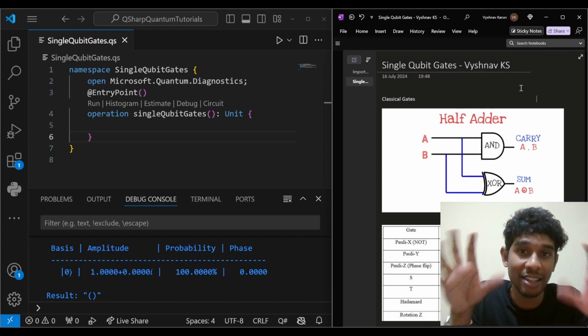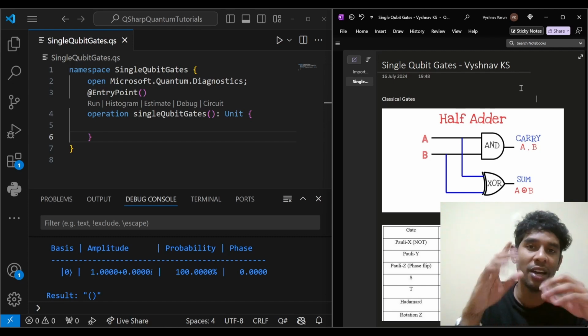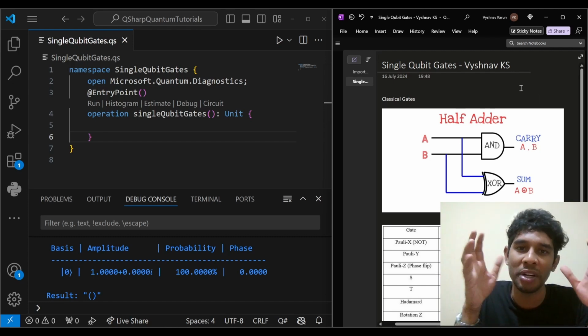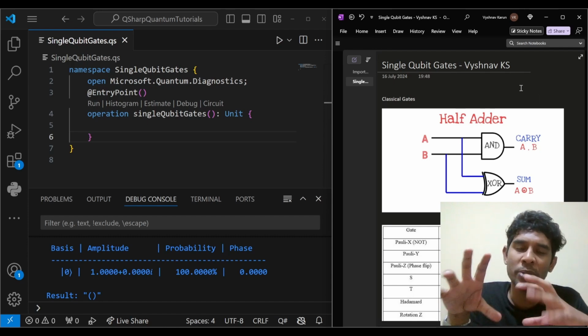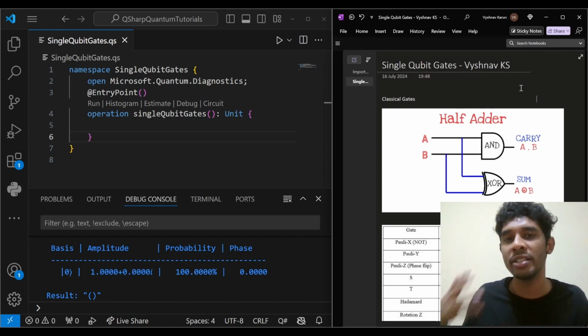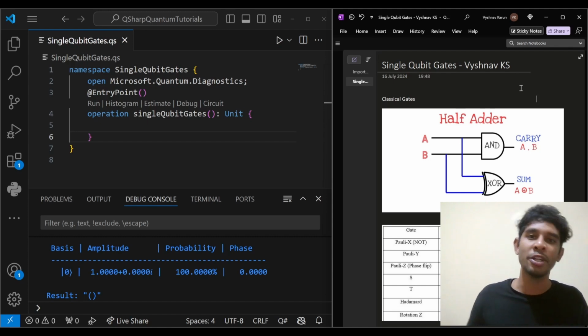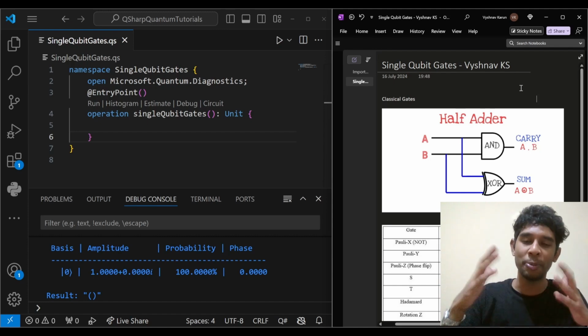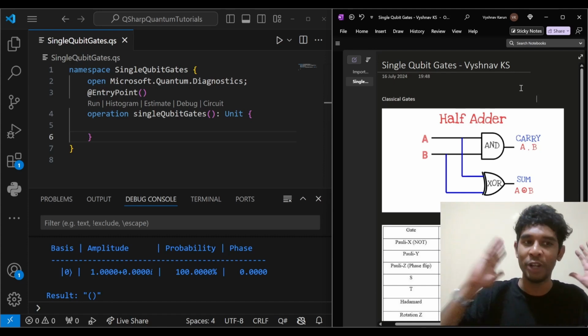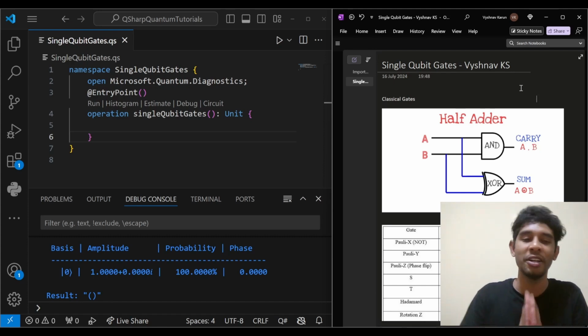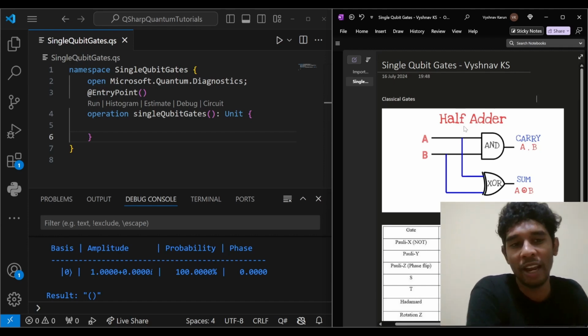They are actually done through classical gates. So we just have these ones and zero bits that the computer really can understand. And then we manipulate these ones and zero bits through these gates, which leads us to more and more complex operations. So if you put enough of these bits and classical gates together, you're going to get something like posting a video of your cat on Instagram, right? So let's just look at the classical